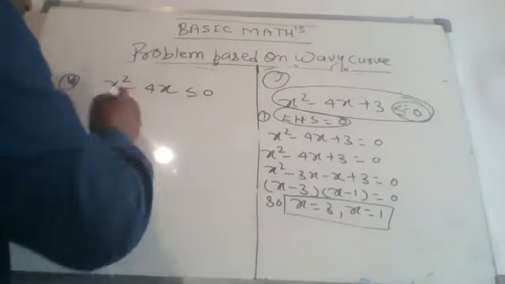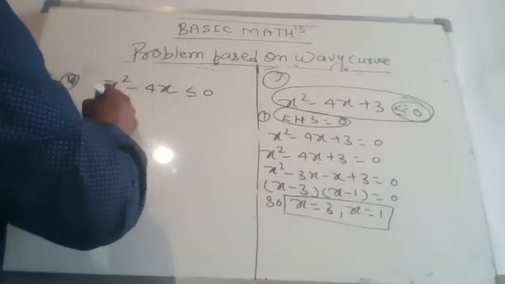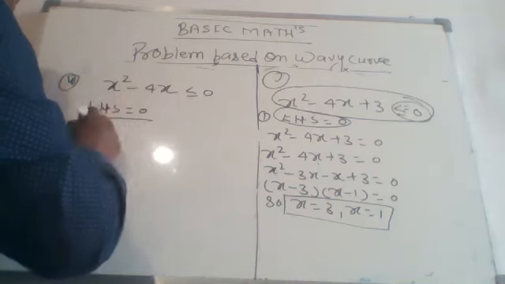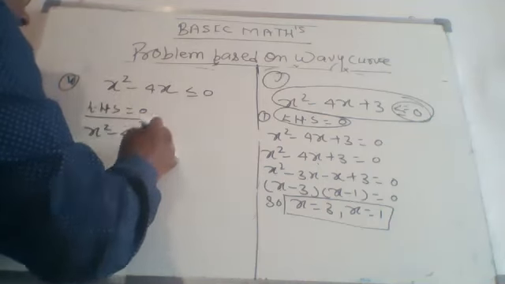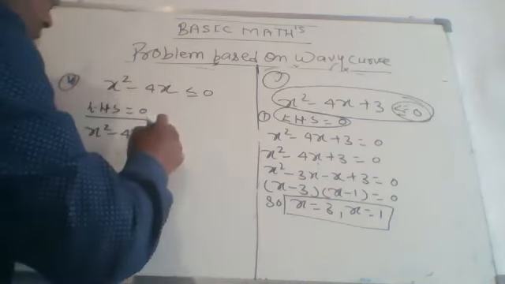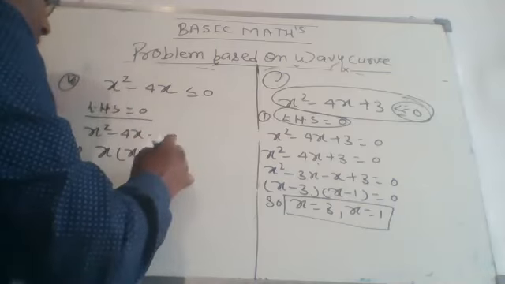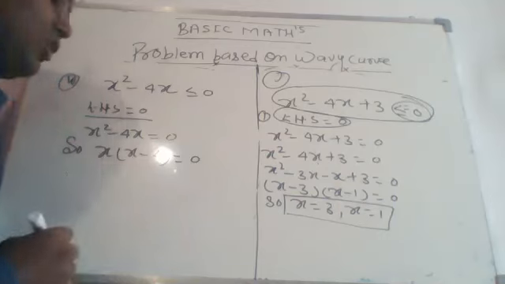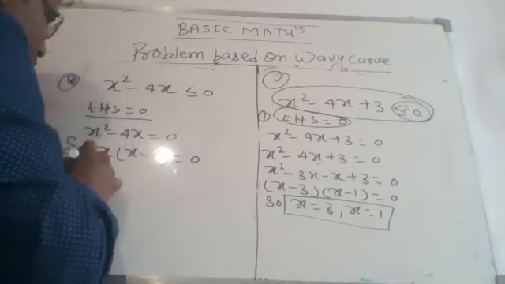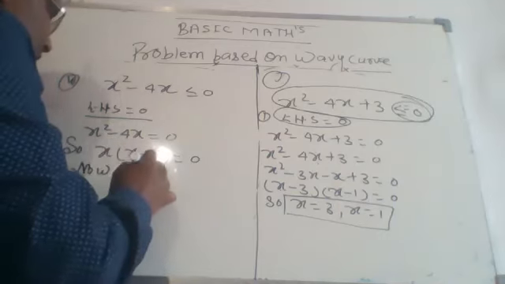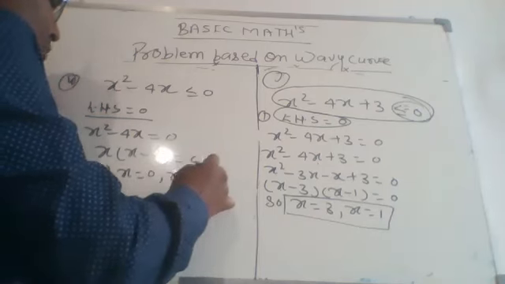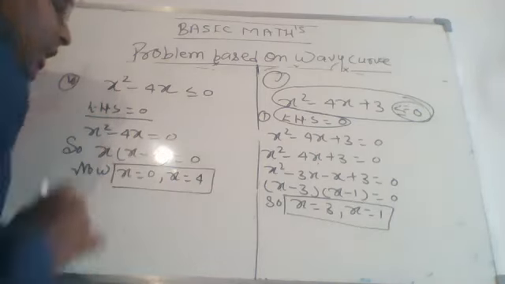So what we get from here, we have to just put the left hand side equal to 0. When you put left hand side equals to 0, what we get? x square minus 4x is equal to 0. So x is common, and we are left with x into x minus 4 equals to 0. Hence now we get x is equal to 0 and x is equal to what, beta? 4. These two solutions came.